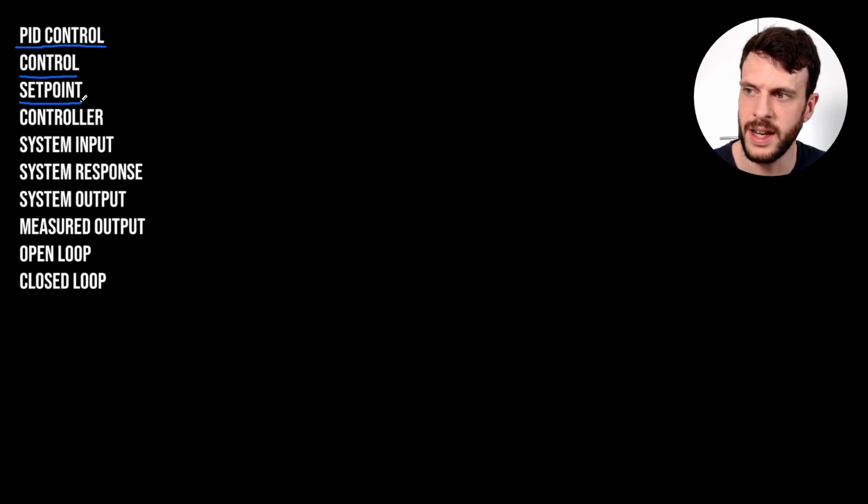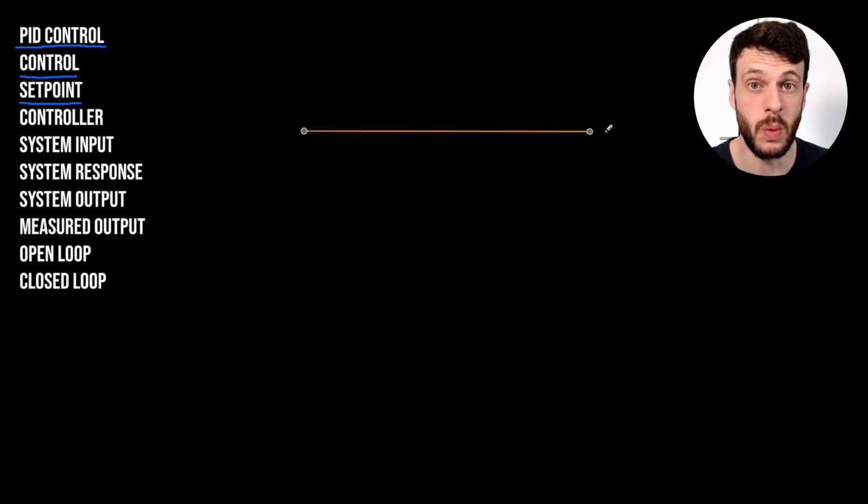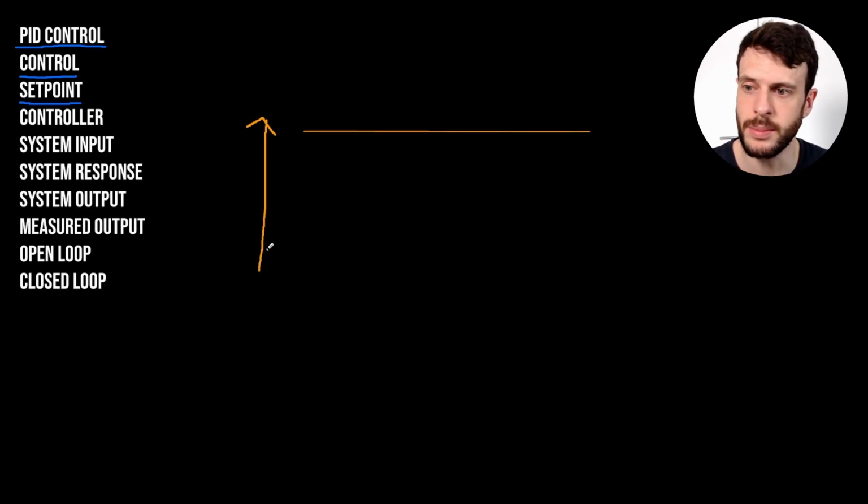First thing to define is a set point. So a set point is essentially the output that we are asking of the system. So let's say that we have a tank of water that we're trying to keep hot at the same temperature. This is what the set point would look like, where on the vertical axis you're looking at temperature and the